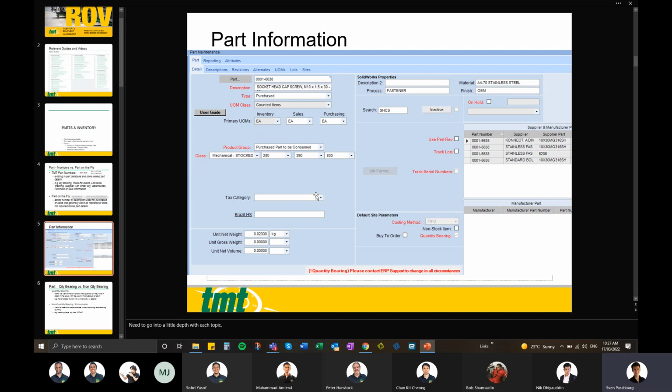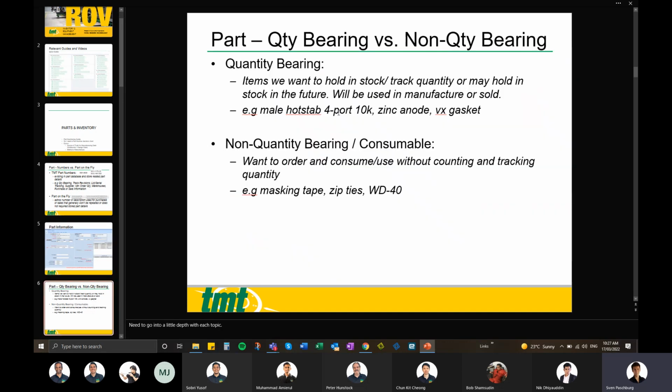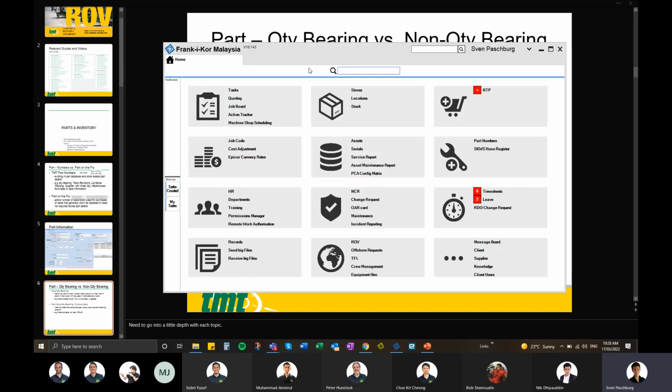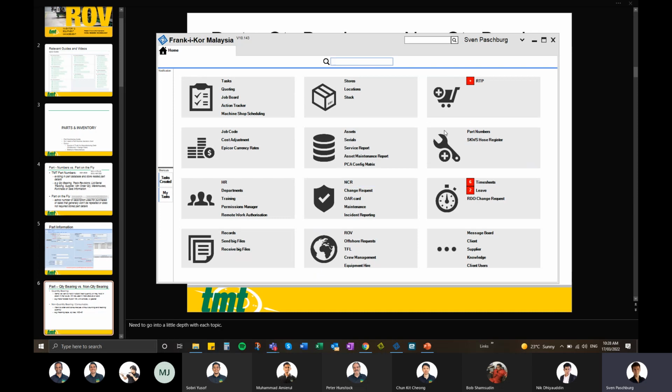Then we get to part class. So before part class, let's talk a little bit about quantity bearing. So let's jump to this slide here. So this is potentially a new concept. I mean, in Epicor, you have been dealing with this concept already. And for those who received the initial training, when we went live in Epicor, we had to effectively